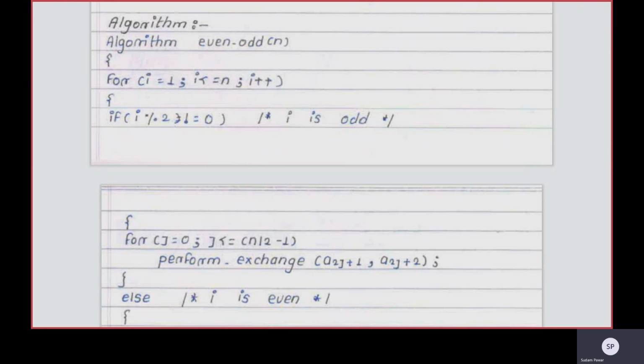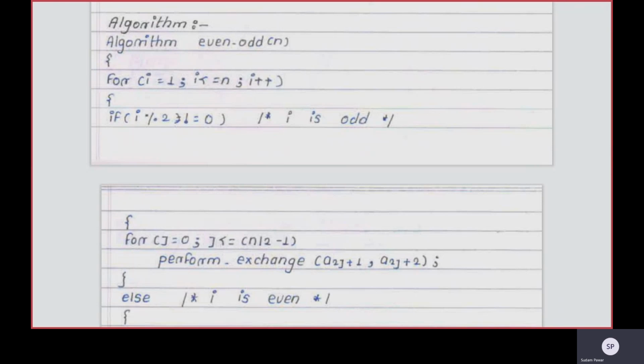For j equal to 0, j less than or equal to n by 2 minus 1. So i will be the odd element, and j will be the even element. In that case, you need to compare the odd element with its next even element.